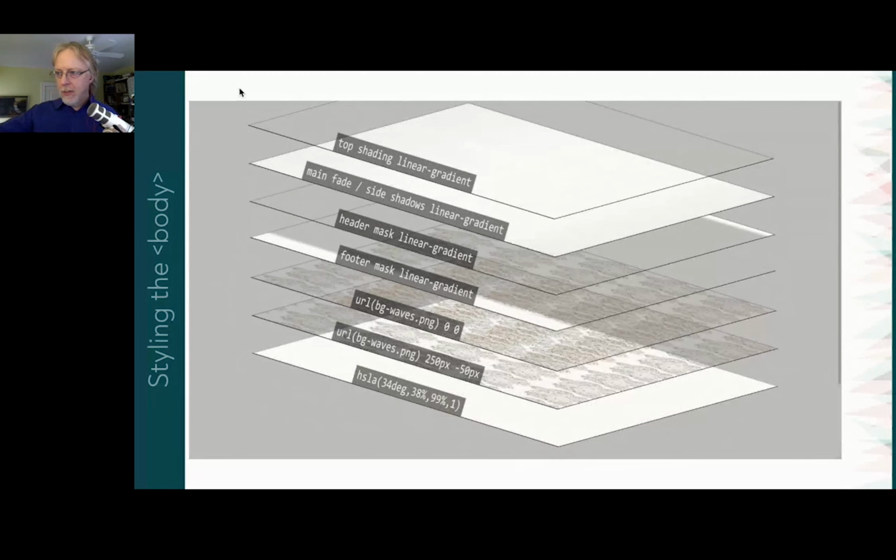If this seems like a little much, but you still want to play around with gradients, there are gradient generators online. You can find places where you can just drag color stops and set transparencies and all that sort of thing, and it will generate the syntax for you. I will admit I typed this by hand, but I'm weird that way.